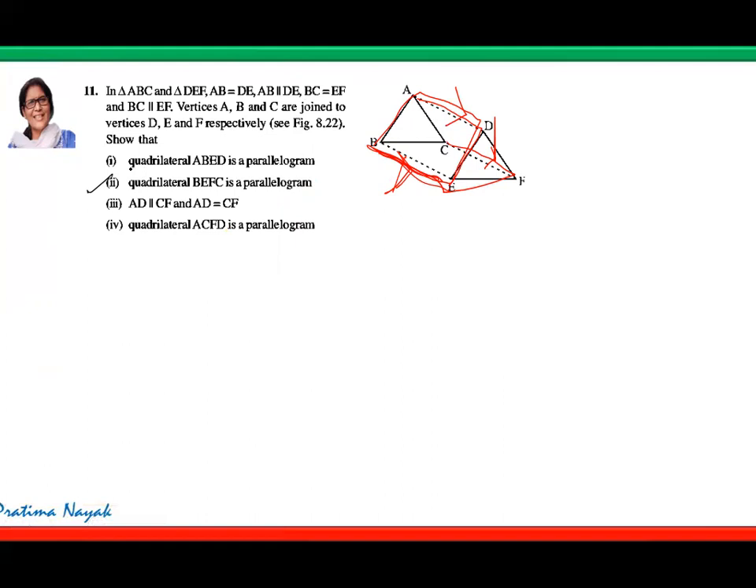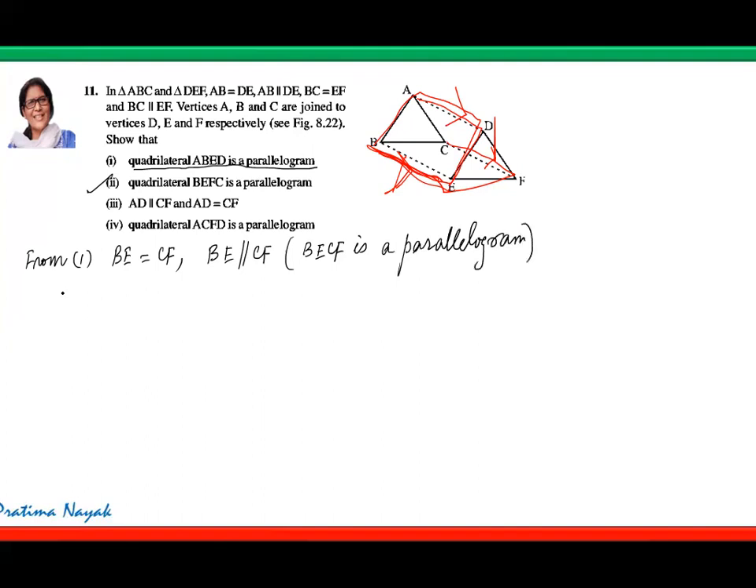So we have already proved that ABED is a parallelogram. So from 1 I am writing, from 1 I have proved that BE is equal to CF and BE is parallel to CF. Why? Because BECF is a parallelogram. Pair of opposite sides are equal as well as parallel. Now from 2,